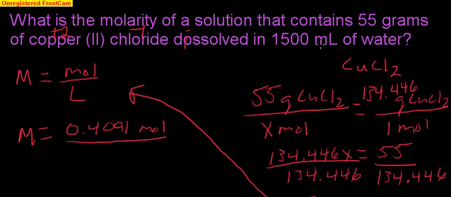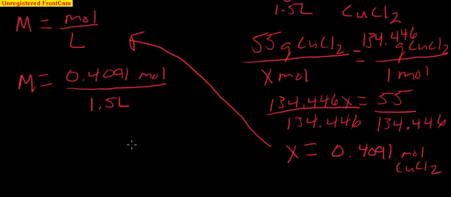This says milliliters. So to convert milliliters to liters, I'm just going to take the decimal, which is understood to be behind this last zero, and I'm going to move it 1, 2, 3 places to the left. So I'm going to get 1.5 liters. So 1500 milliliters is equal to 1.5 liters. So that's what I'm going to put in the denominator here, 1.5 liters. So when I take 0.4091 and divide by 1.5, I'm going to get a molarity of